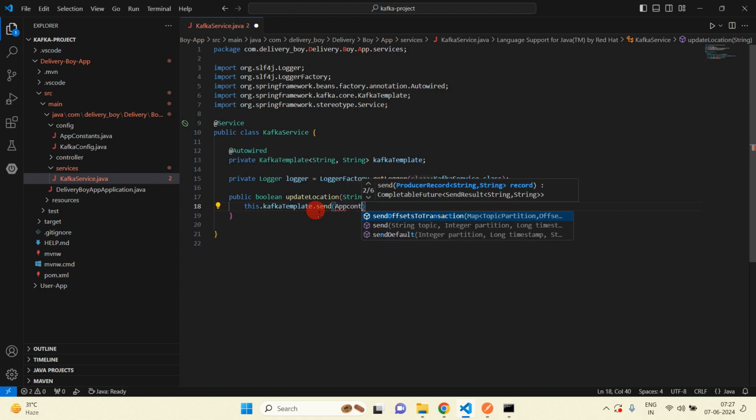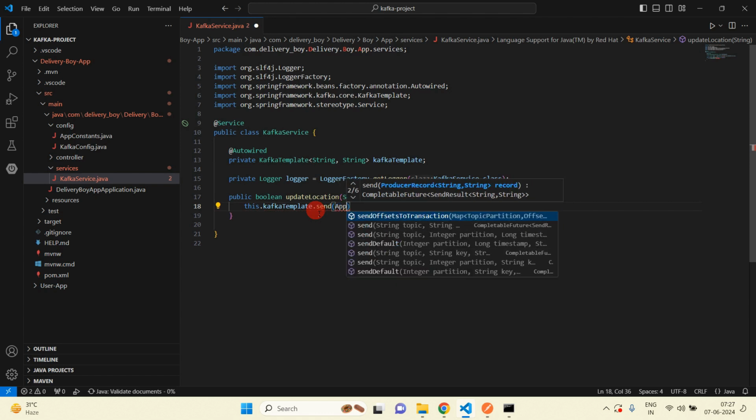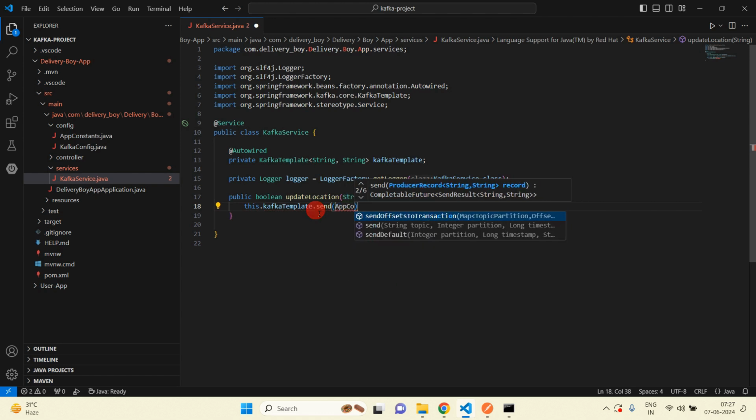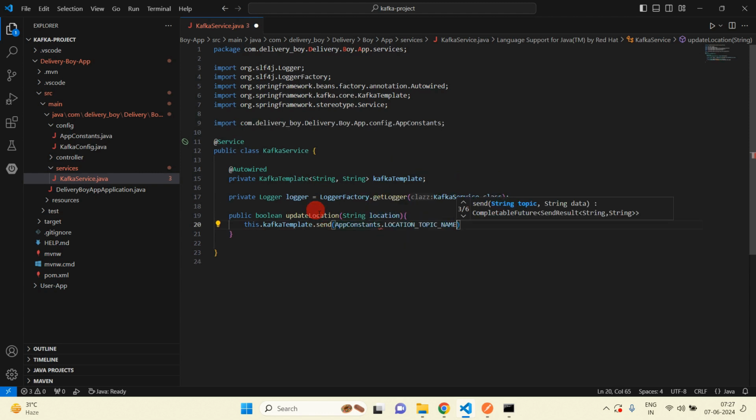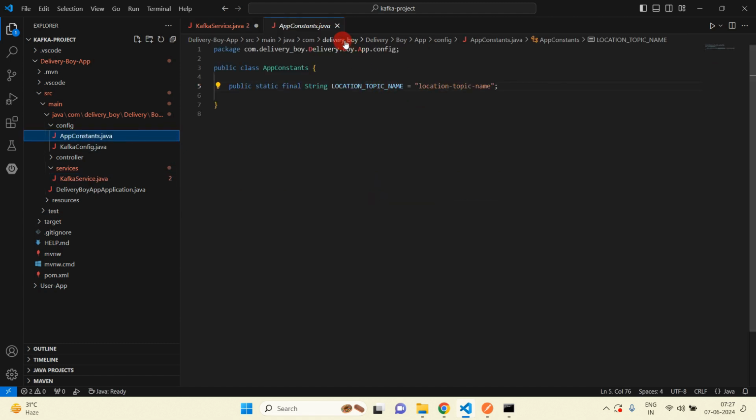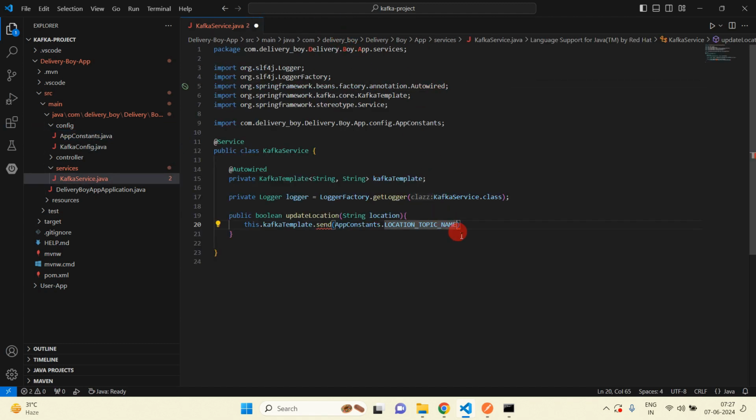First we will have to pass the topic name, so the topic name would be AppConstants.LOCATION_TOPIC_NAME, and another parameter would be the data which we are getting, that is location.